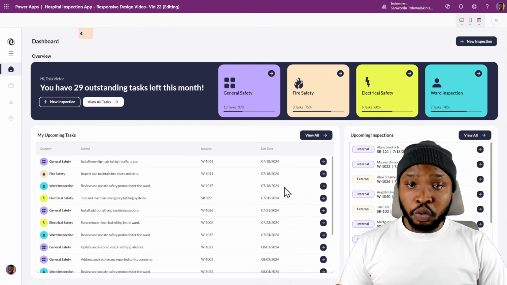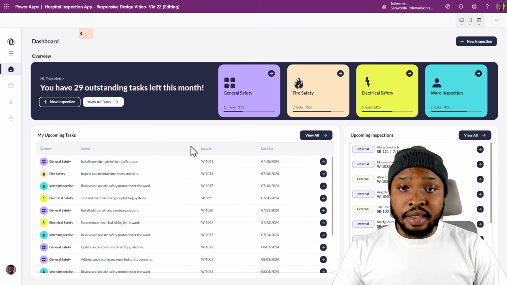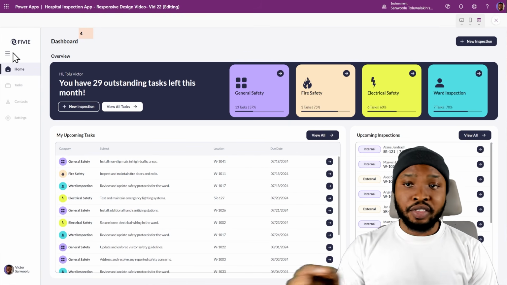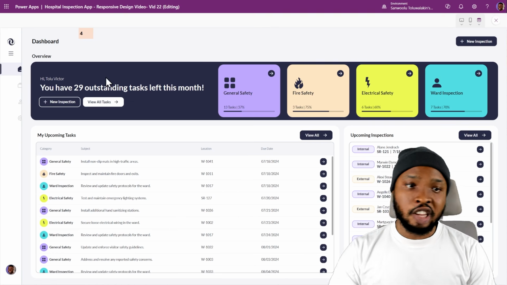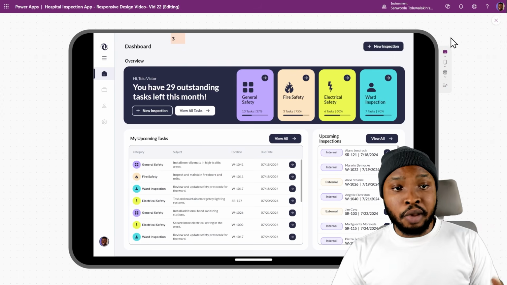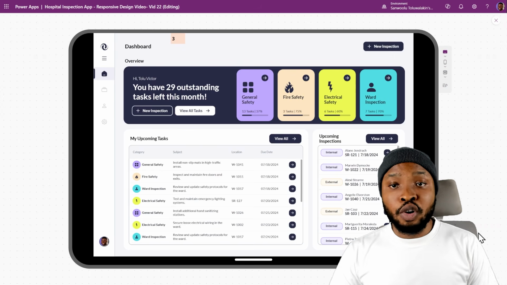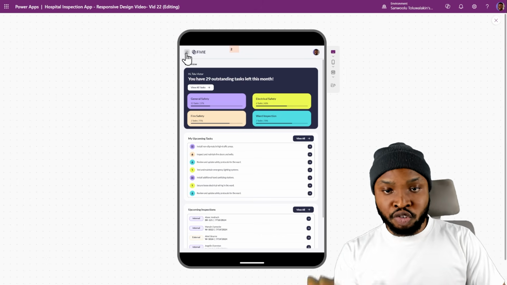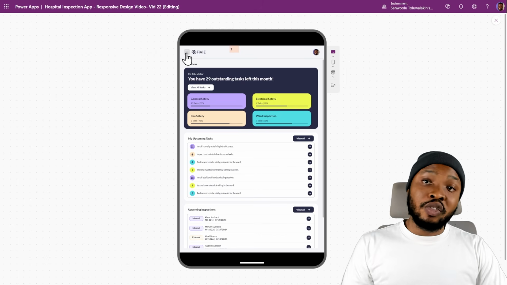On the desktop view, you can see everything is working how it was before. We have the collapsible side menu, we have the dashboards, we have the task section and inspection section. Everything is fine. On the horizontal tablet view, it's still very similar since there is still enough real estate. And then for the vertical tablet view, now the structure has changed based on all we've developed so far in